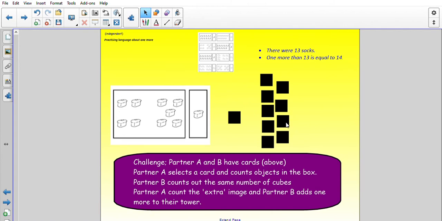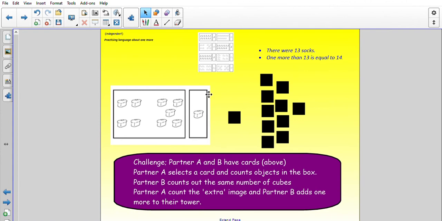Hang on though. I need to add 1 more over here as well, don't I? There's 1 more. So how many blocks have I got? 2, 3, 4, 5, 6, so 1 more than 9 is equal to 10. Well done. So you can have a go with any of these things. You can have a go with the socks. And there are 13 socks. And you can find out that 1 more than 13 is equal to